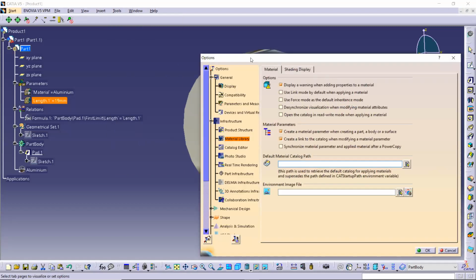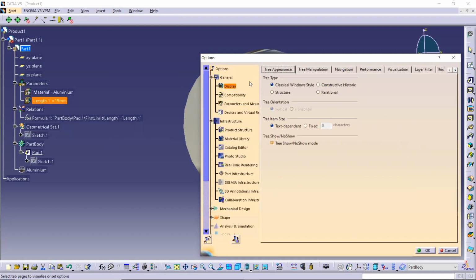Inside Options you'll find the settings for CATIA. The first thing you need to do, which is mandatory whenever you do anything, is to look at parameters and measures. In general, you'll find Parameters and Measure.